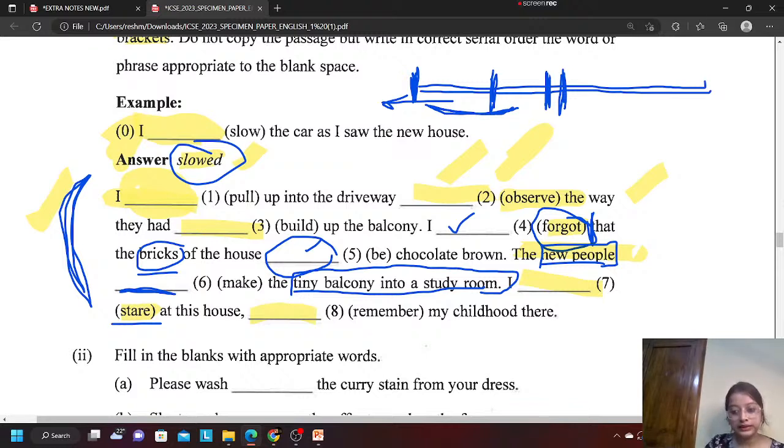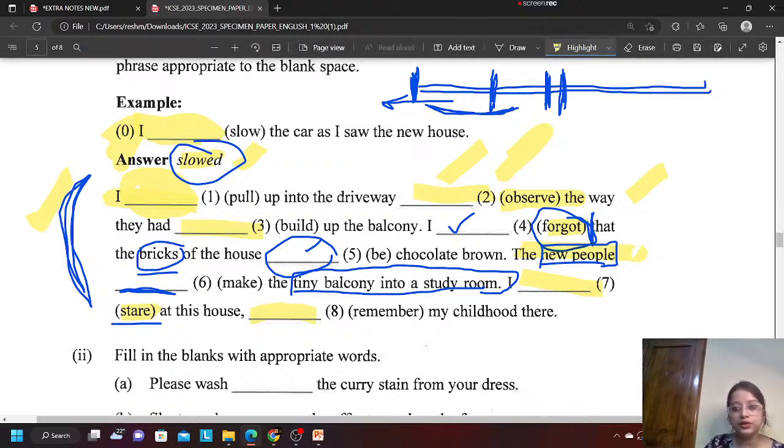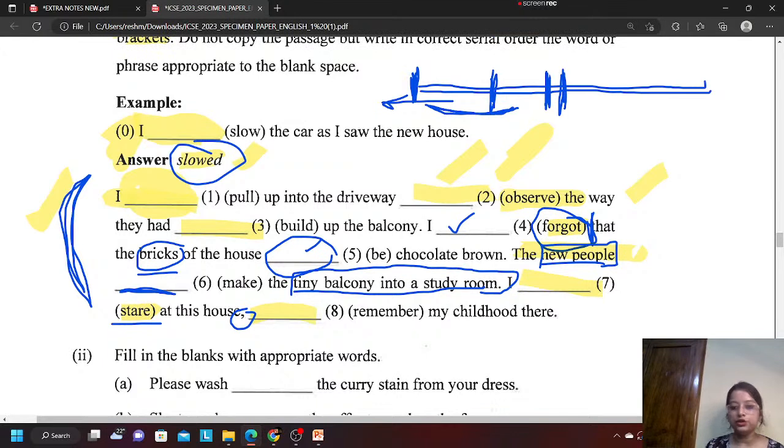Yash, check one thing. And word is not given. What can you see over here? You can see a comma over here. Can you see and? If there was an and over there, you could have written and remembered my childhood there. No problem. But there is no and. We cannot add a conjunction. We can just write the verb form using the proper tense. Okay, so that is going to be correct.